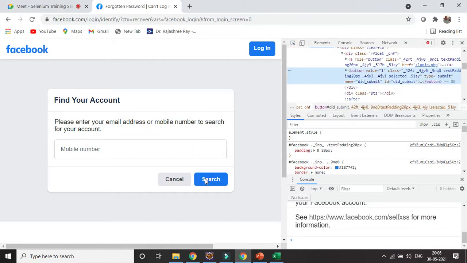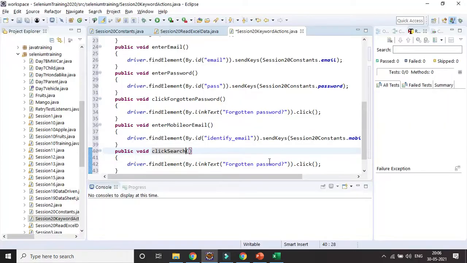So here you can see ID is there or name is there, right? So I can go with ID did underscore submit. So this is the button name. So by dot ID I can read it, inspect it, and then it is a button, so it will be a click operation.